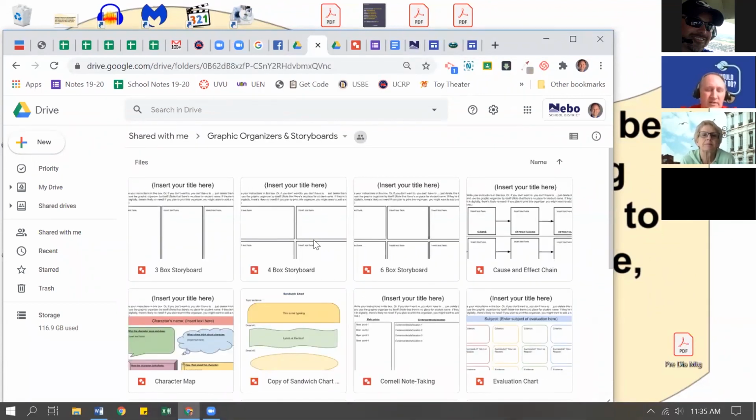And you notice that inside this folder, you're going to have graphic organizers and storyboards. There's a lot that